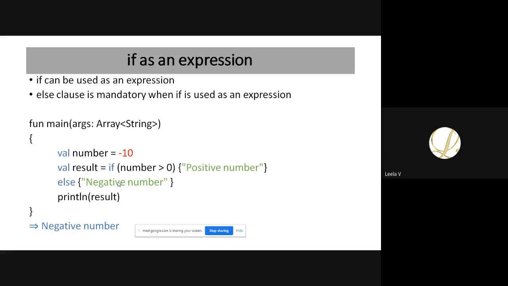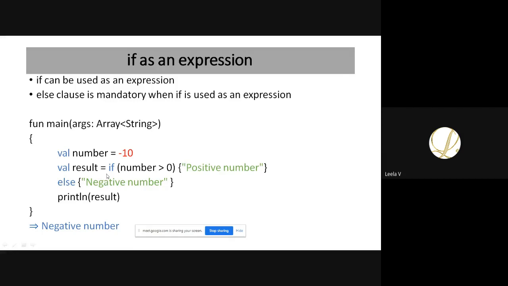A statement is just an action and won't return any value. In Kotlin, we can use if as an expression, so after evaluation it will return a value. This is a simple variation in Kotlin. And whenever you use if as an expression, the else part is mandatory.